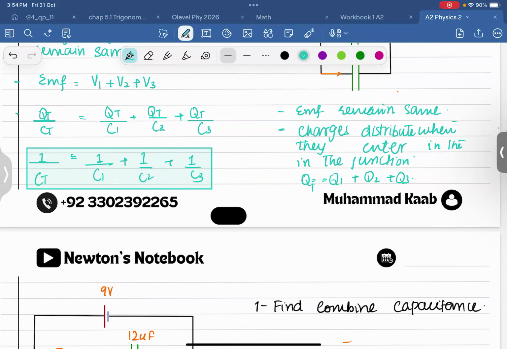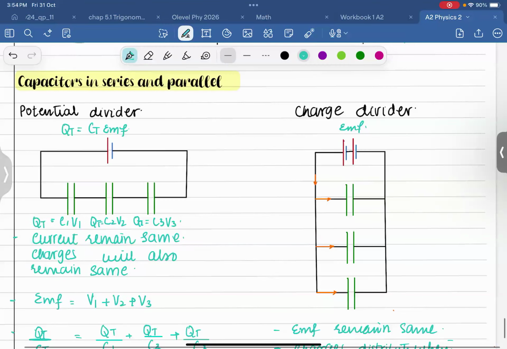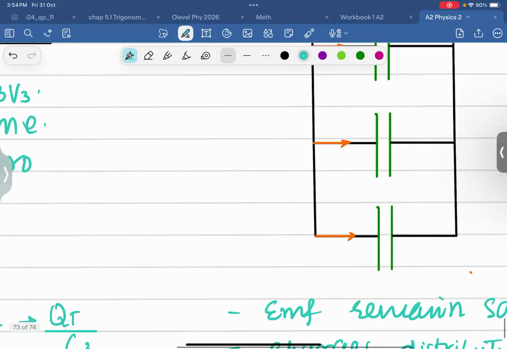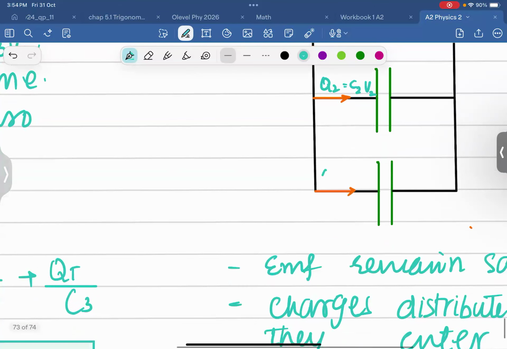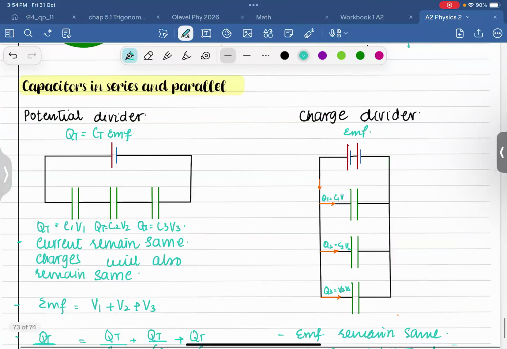Now, in place of the Q's, I can put the values: for Q1, I can say that Q1 is equal to C1V. Q2 is equal to C2V, and Q3 is C3V. Now if I put that back in the equation,